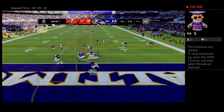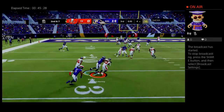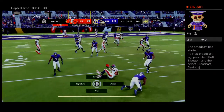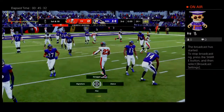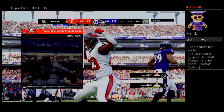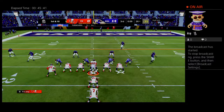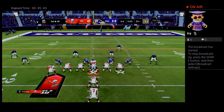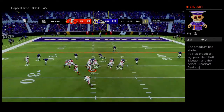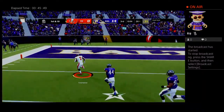On 2nd and 7, Jackson. Trying for Brown, and it's intercepted. Picked up by Sean Murphy-Bunting, and they will take over at the 26-yard line. CD, he tried to kind of lob that one in there. It looked pretty going through the air. The problem was it was in the air a little bit too long. Yeah, that's a tough one because for that type of a route and what he tried to do and needed to do, he had to put...